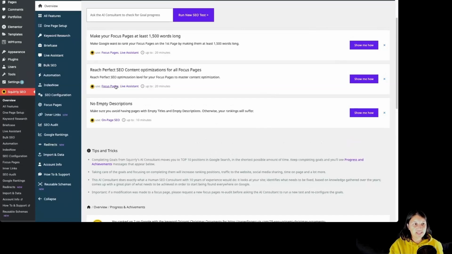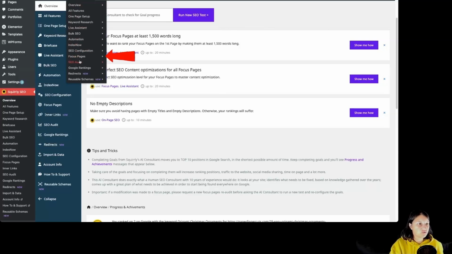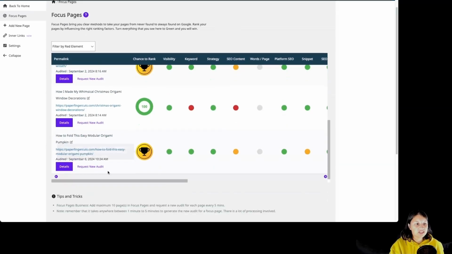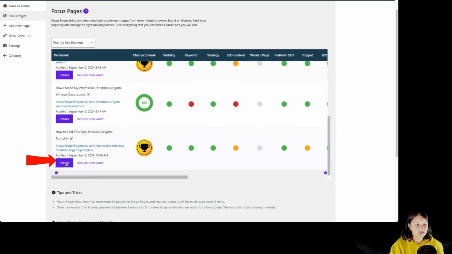Okay, we have those tasks. For this particular day, this is important for us as it has an empty description, and we will have to make sure that all the snippet settings are green in the focus page. So let's go actually to the focus pages by going over here to Squirrly SEO focus pages. As I'm not sure this is for this particular focus page that we are working on right now. So by going to our focus page, to details,